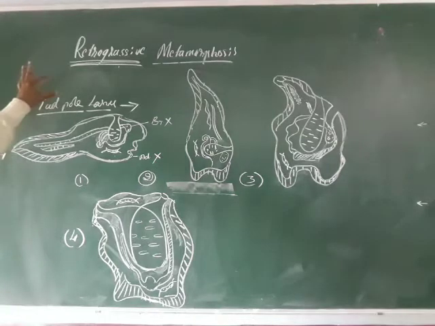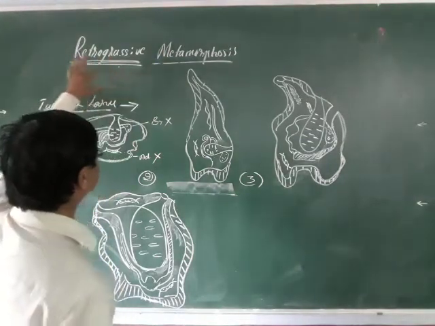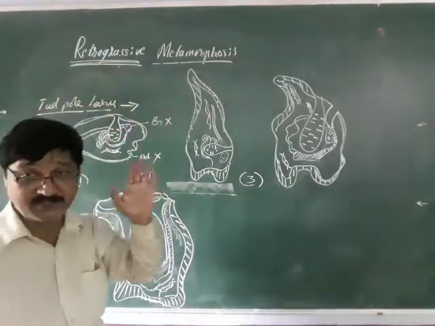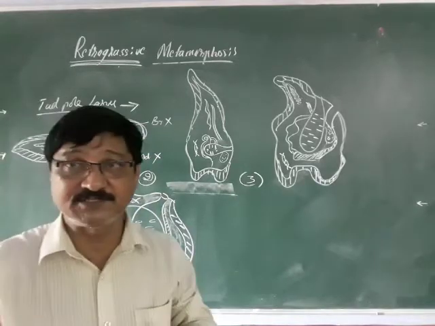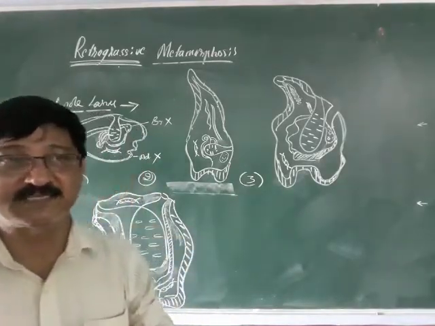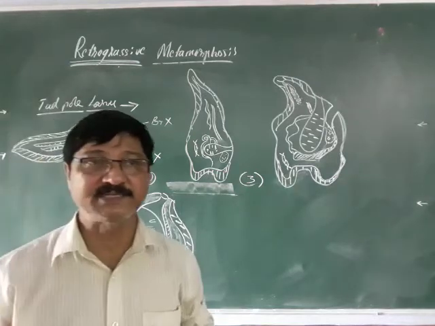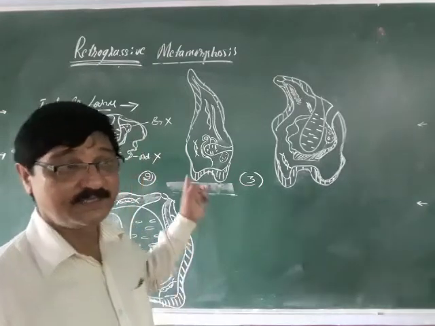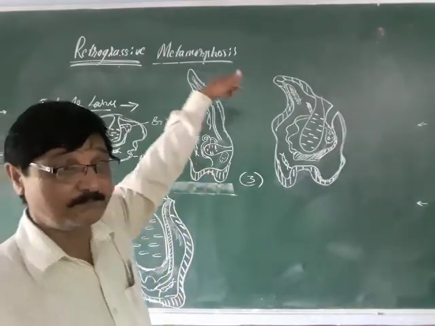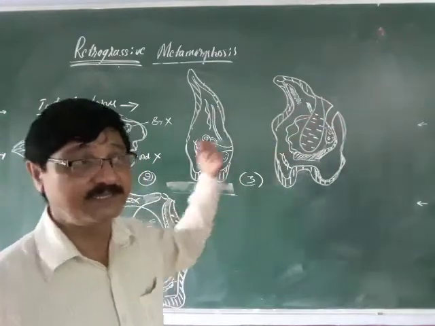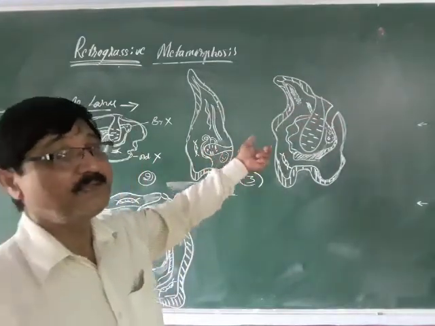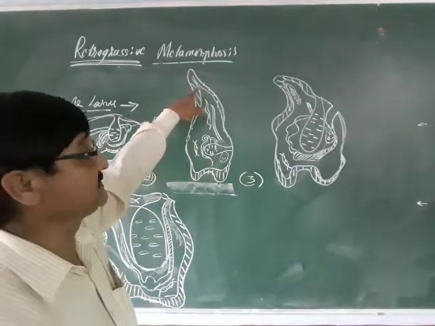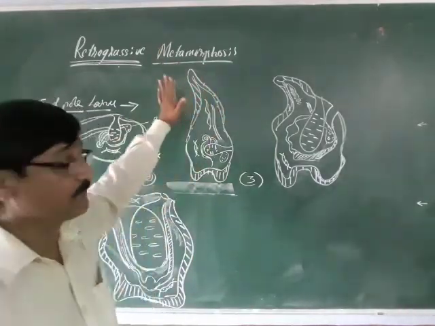So students, let us go to the retrogressive metamorphosis of the Ascidian tadpole larva. In the beginning I have told that metamorphosis involves physical, physiological, anatomical, radical changes, and ultimately the larva is transformed into a new individual adult form. But here it undergoes retrogressive changes. Progressive means advanced, but here the advanced characters are reduced or disappear, and this is called retrogressive metamorphosis of the tadpole larva.